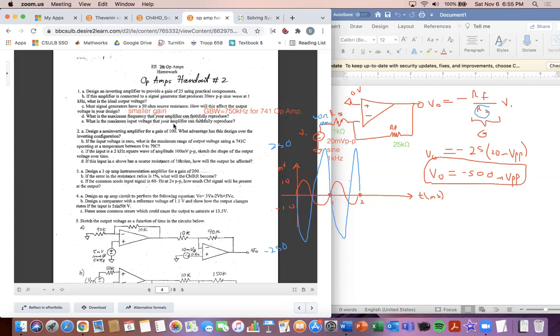We know the gain is 25. That's what we want. So 700 kilohertz divided by 25, our bandwidth is going to equal 30 kilohertz. That's the max frequency your amplifier can faithfully reproduce. Okay, now that we talked about the gain bandwidth equation, the maximum input voltage your amplifier can faithfully reproduce, that